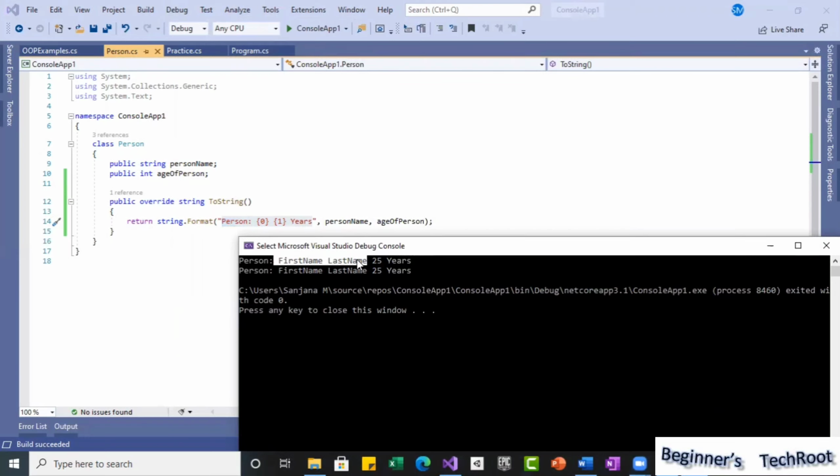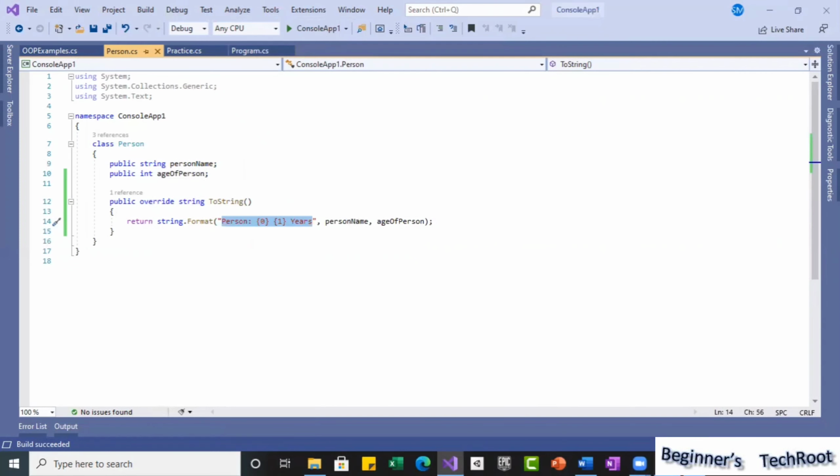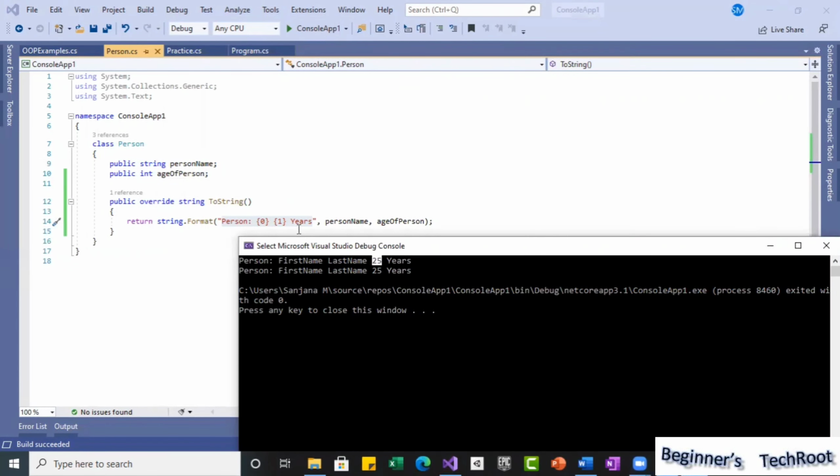And one space, and then index 1 is nothing but the age of the person, the value we assigned, 25. So that is the reason in this format it shows 25 and then space and years: first name space last name space 25 years.